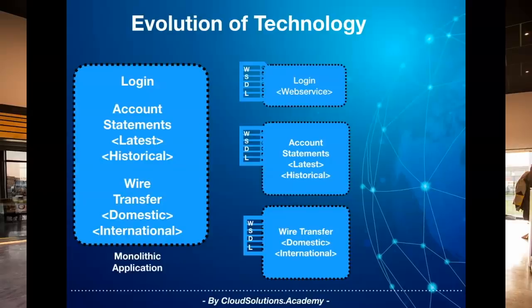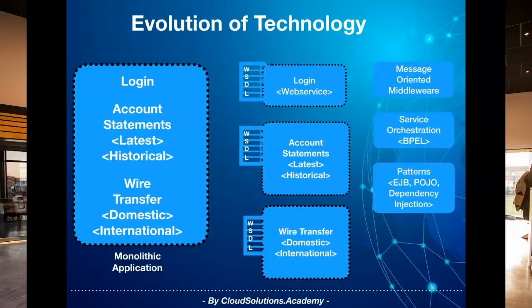Now with early modularization and services, there were a host of technologies being created and adapted to support this new architecture style, from middleware solutions and dependency injection frameworks, to orchestration services using formats like BPEL.